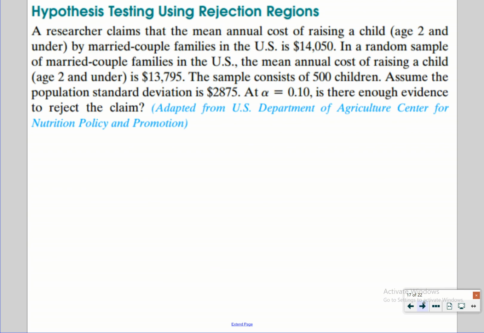All right, let's do a hypothesis test. Most of these steps are going to be similar to yesterday. Instead of at the end getting a p-value and an alpha and comparing them, we're just going to get the rejection region and compare our z to it and make our decision based on that. A researcher claims that the mean annual cost of raising a child age 2 and under by married couples in